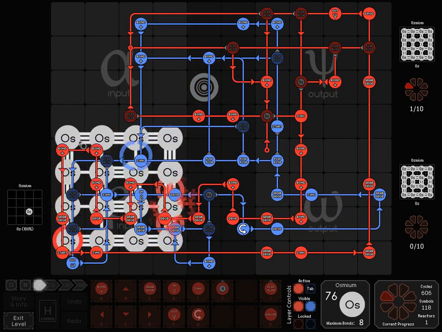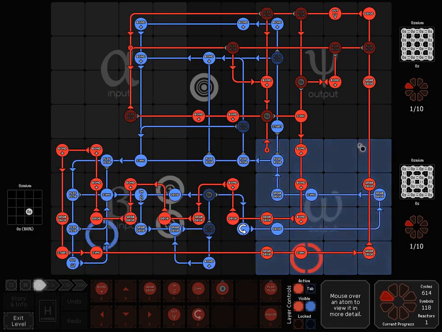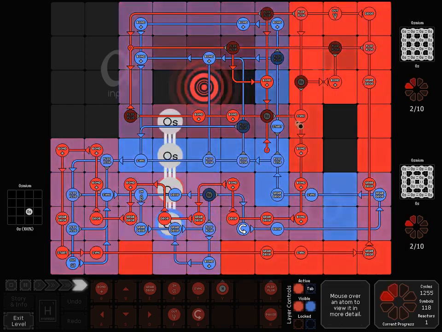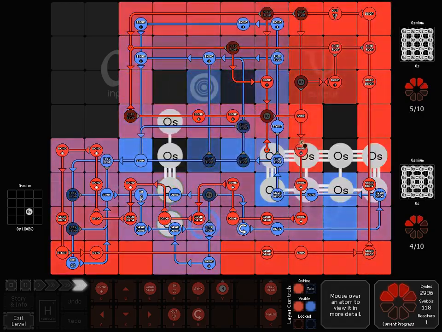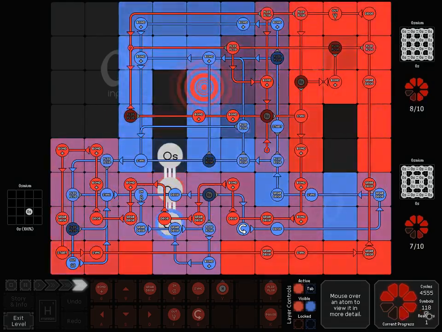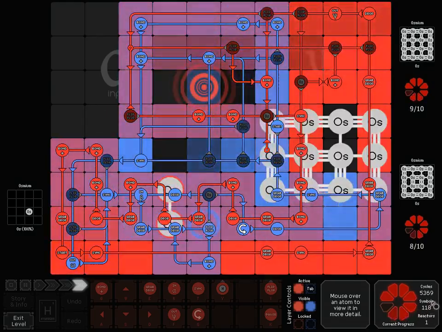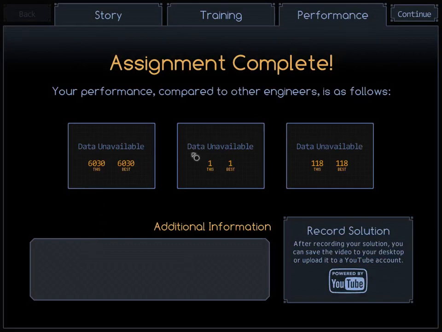Yes, 1, 1, and 3. Okay. A little bit better on the symbol count, and the speed's a little bit better there too. 60, 30, 118. Next up,